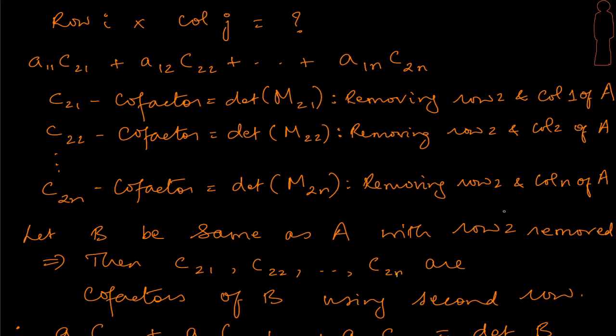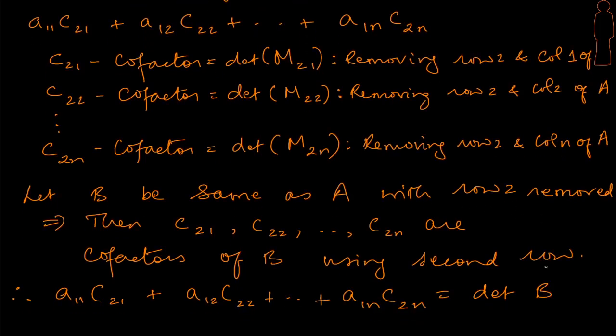A and B have the same elements except for row 2, and therefore look at the cofactors indices here, C21, C22, etc. All these cofactors will be exactly same as the cofactors of A with respect to these indices. Okay. Now looking at this formula, why don't we try and put A11, A12 up to A1n in the second row where there is a vacancy for B? Then what would happen? If I replace the second row by the first row of A, the determinant of B can be obtained like this, right?